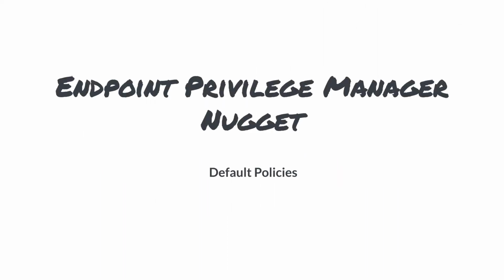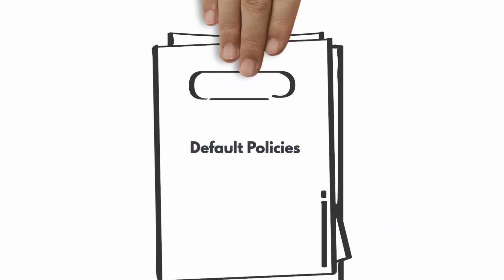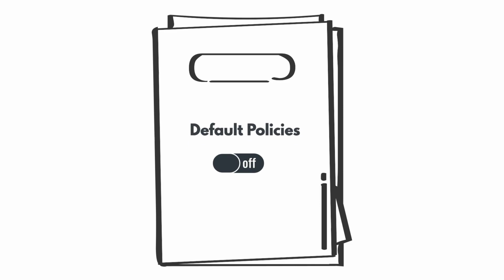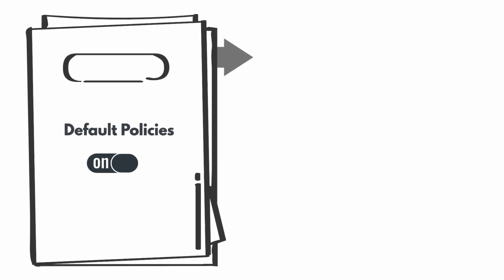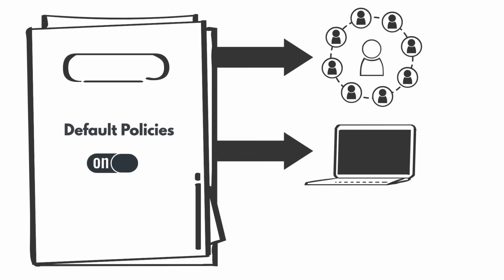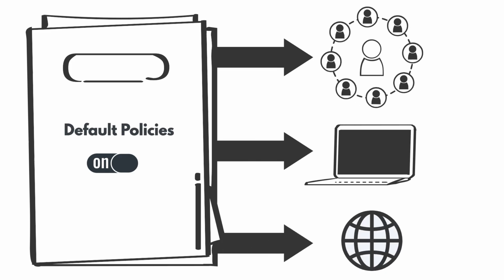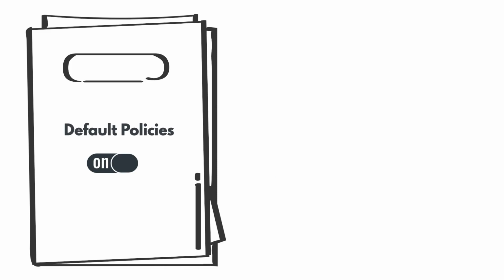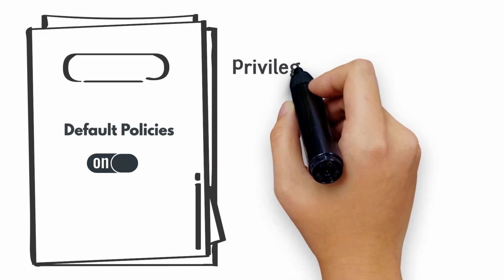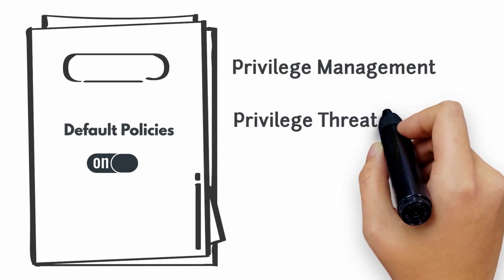In this EPM Nugget, we will look at how to activate default policies. Default policies allow administrators to configure behavior of applications that are not covered by explicit application policies. While these default policies can be targeted to specific groups or machines, these are intended to be more of a global configuration in nature. There are three main categories of commonly used default policies: privilege management, privilege threat protection, and